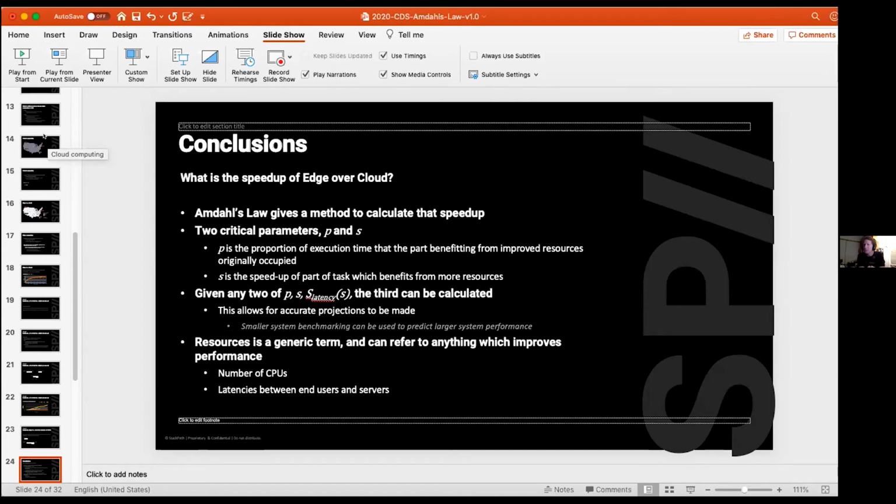But it could also be, what if I improve my disk subsystem? What if I improve my I/O? What if I improve other aspects of my performance? The law gives you a way to estimate what the total performance benefit is going to be, or the total speed up that you are going to get through that particular improvement to your system. So this is actually a wonderfully generic